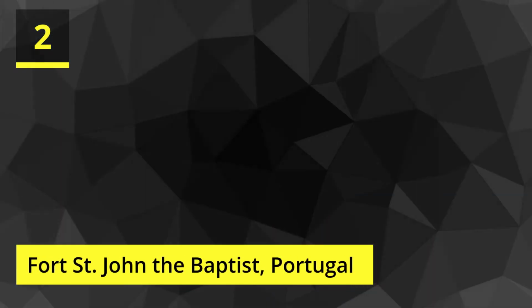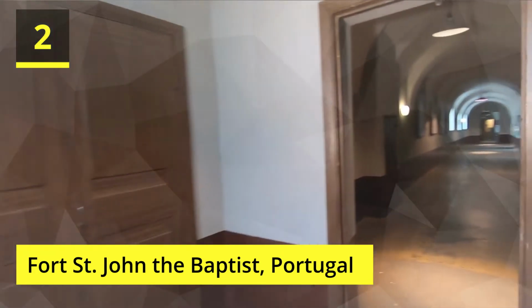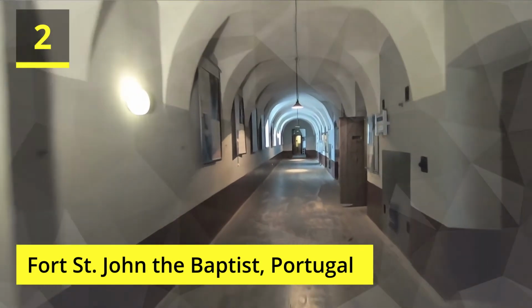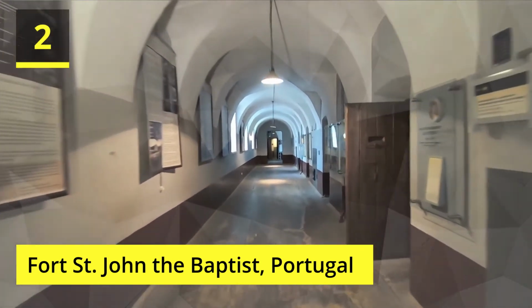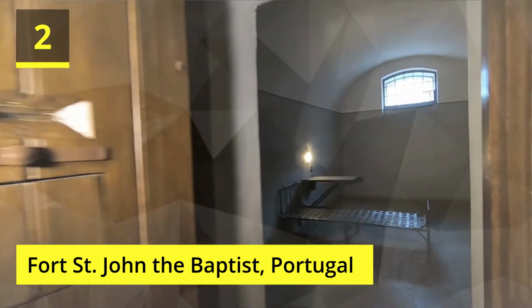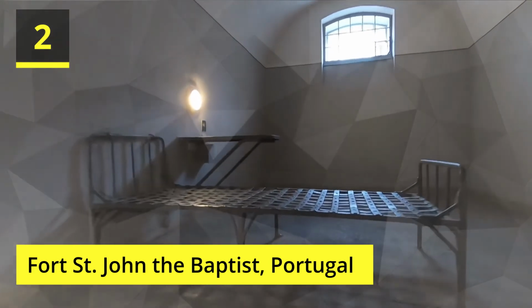2. Fort St. John the Baptist, Portugal. The Berlengas archipelago is made up of Berlenga Grande, which is the largest island, and 2 groups of smaller islets, the Estelas Islets and the Farilhos Forçados Islets. Only a small number of tourists are allowed here as it has been declared a reservation area for the protection